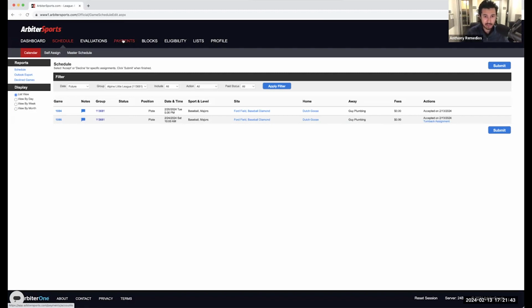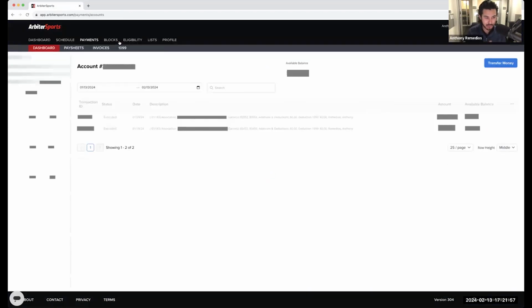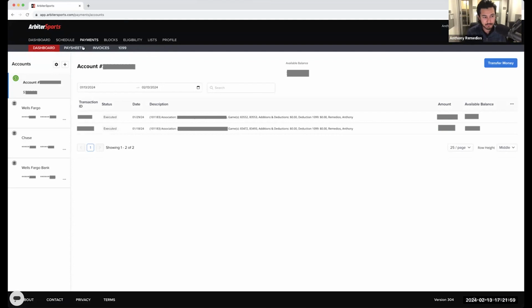In Alpine Little League and like I said, eventually in District 52, we will use the payment function. Other associations like the high school group, at least as of the time that I'm recording this, to my knowledge, are still doing it by check. So you may not need to worry about it, but just double check with your assigner if you need to do it. So on the payments tab here, if you don't have anything set up, it will show you